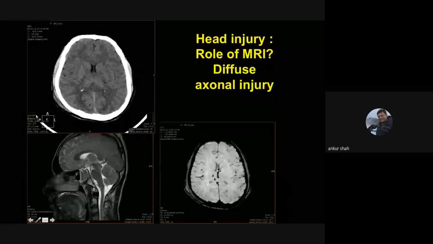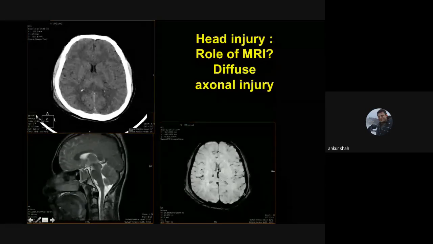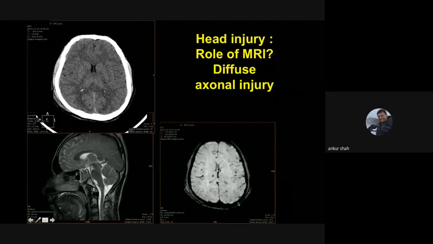There is a contusion in the thalamus, and there is a contusion in the splenium of the corpus callosum. There is a special sequence known as susceptibility weighted imaging, which is extremely sensitive for even the smallest focus of blood anywhere inside the brain parenchyma. So this can detect these subtle contusions which are not even seen on CT scan, and these are known as